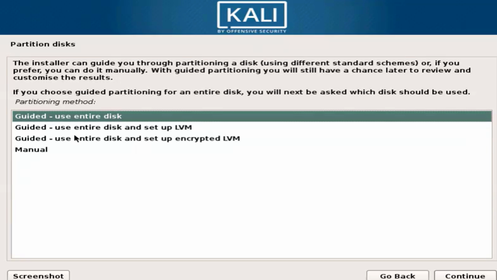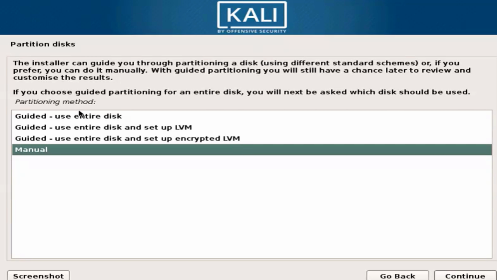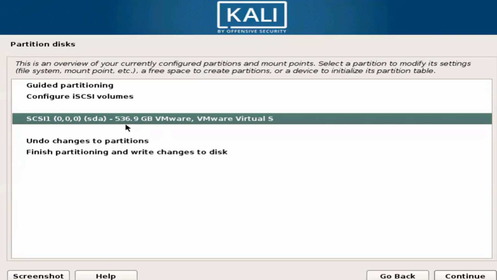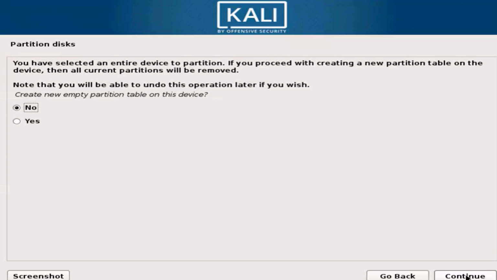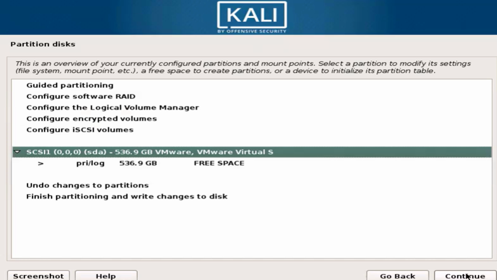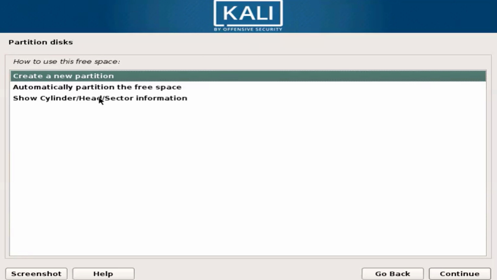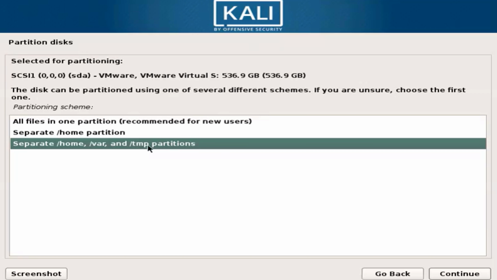Here comes the main task. Just select manual, because if you use guided partitions, you will definitely face problems in the future. I'm using this one. I have 536 GB free. Continue. Just double click it. Yes. Now I have 536.9 GB free space. Just click continue, and automatically make separate partitions,